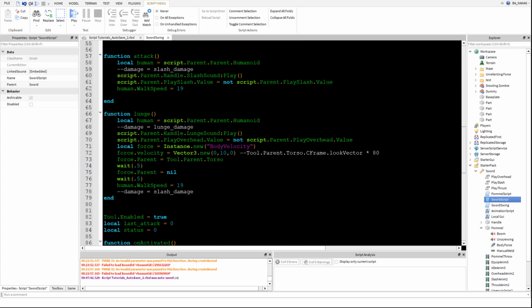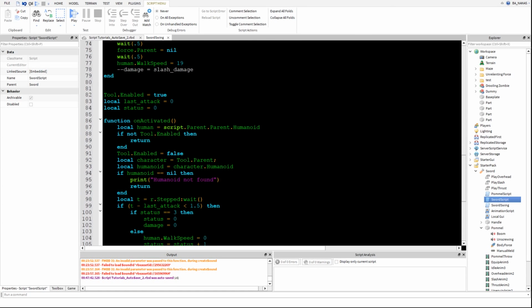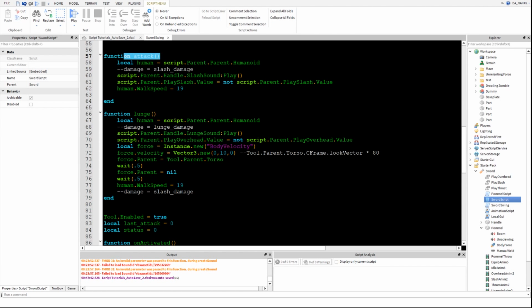Okay, let's get to the attack side. Jeez, 130 lines. Attack, right? Local human, it's this, that humanoid, right? So you just put it, just go up a little bit. Then I comment this out, and already why. So